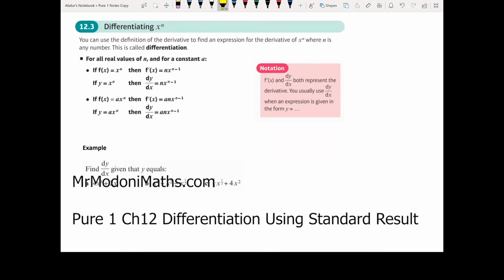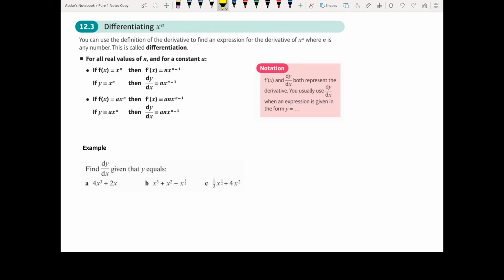Differentiating terms in the form of x to the power of n. Now, when we differentiate terms in the form of x to the power of n, we can use the standard result for differentiation to do this. The standard result is here when we have a term which is in the form of ax to the power of n. When we differentiate, we multiply the power n by the a, getting an,